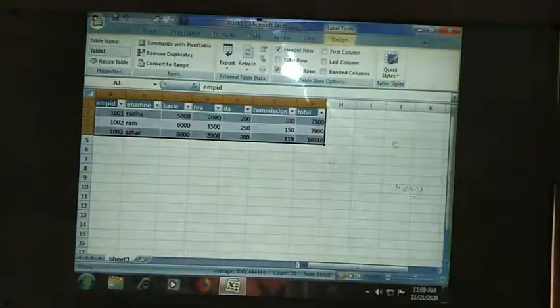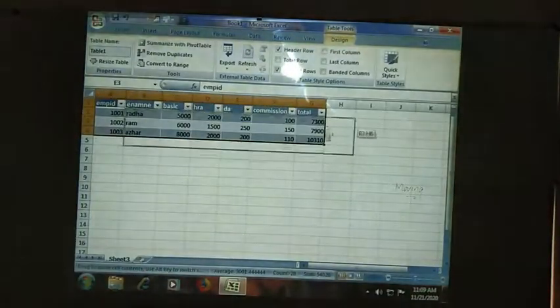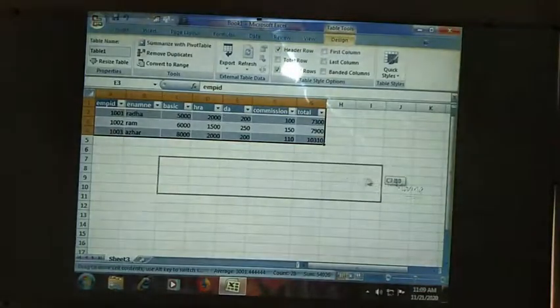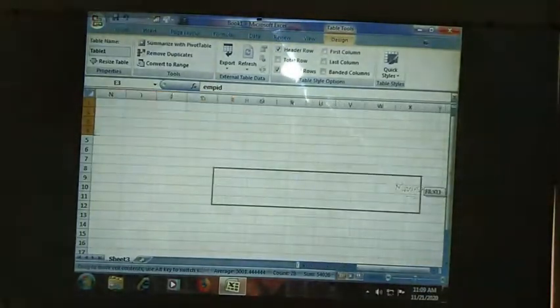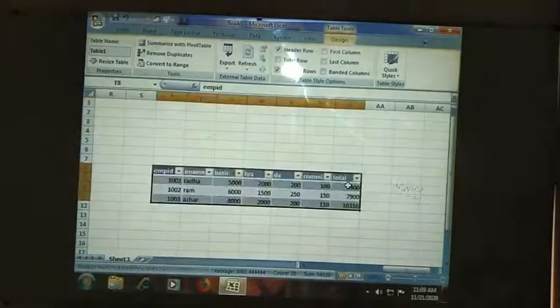Now today's session is moving the table. We won't go for styles, we have already done that, right? When I'm in a table and go to the corner of my table, I can see a four-arrow symbol. Then just hold your left mouse button and drag it. Wherever you want to have your table, leave the left button there, so that your table will be moved from the original location to the current location, like this. I hope it is clear.